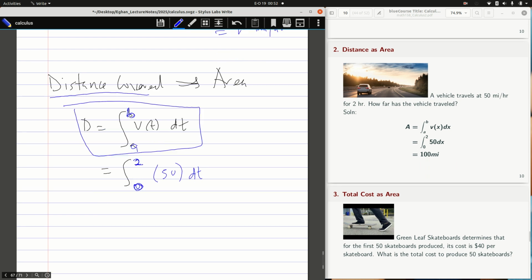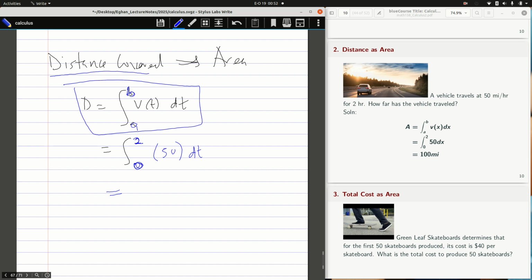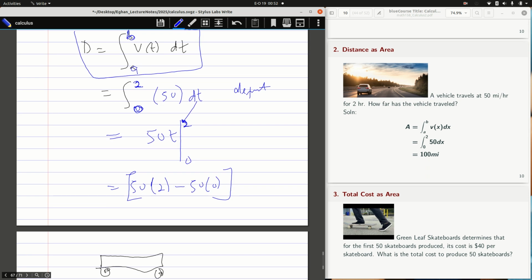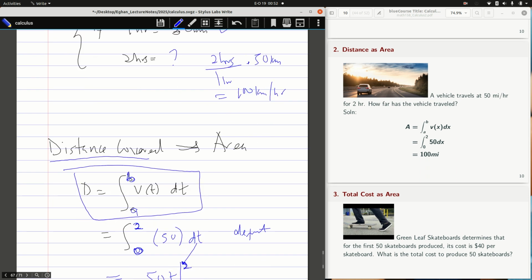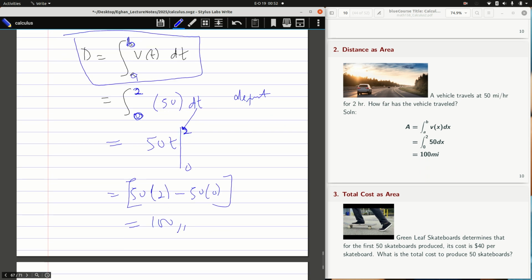Let's integrate this by the constant property. If I integrate a constant, that is a constant times the variable of integration, or the variable of interest. Now there's a limit 0 to 2. It's a finite or definite integral, and so I'm going to get 50 times 2 minus 50 times 0, upper minus lower limit, and that's going to give me 100 as I initially had. We want to use integration in this aspect, and so realize that we've confirmed 100 miles or kilometers per hour. That is story number 2. And the third story